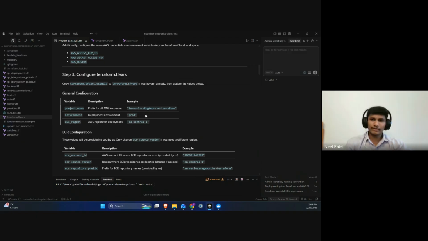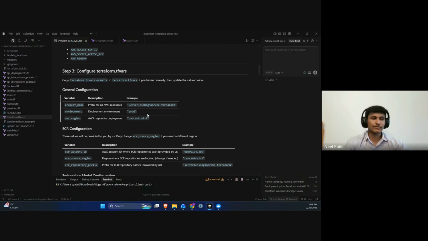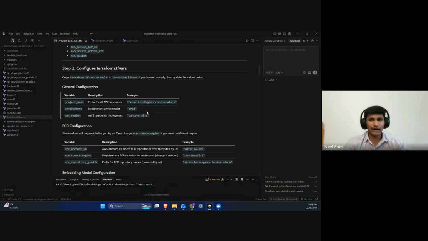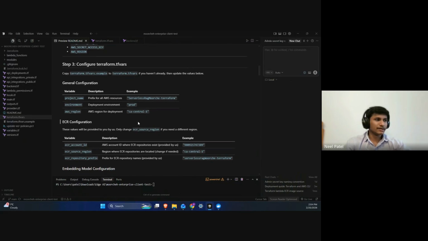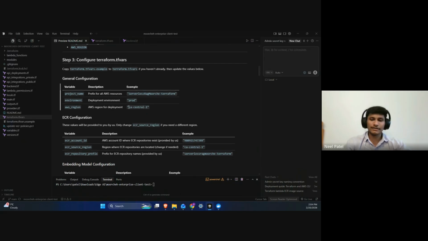And this is the environment. If you want to go for the enterprise, you will obviously select prod. If you're just testing, you can select dev as well. Then select the region, which could be any region that you want. When it comes to the enterprise, we'll discuss beforehand what region you want to deploy in, and we'll collect the requirements accordingly. That will decide the region,